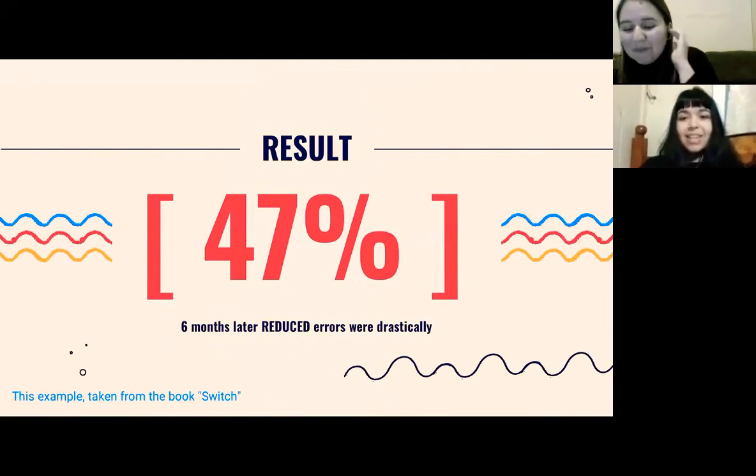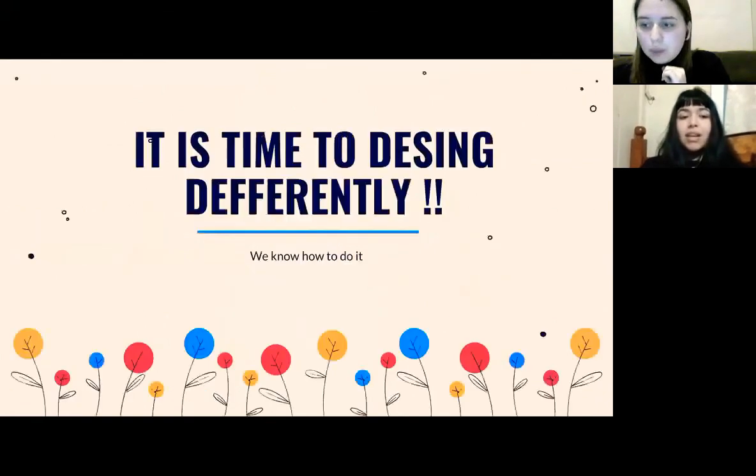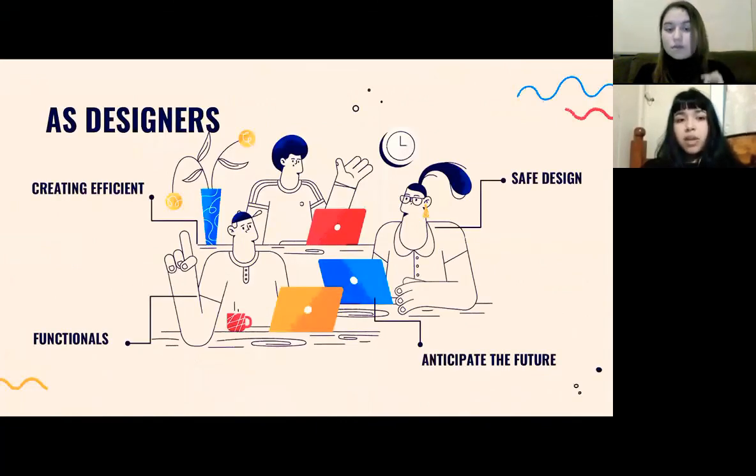This example, taken from the book Switch, demonstrates how not disturbing the user in critical tasks generates results. In conclusion, it is time to design differently, preventing possible human error. We know how to do it, and we must put it into practice, and it must be tested before, during, and after its implementation. As designers, we have a duty to care about creating efficient and safe designs that anticipate and prevent human errors. The user is not perfect and usually does not have to be 100% focused on the task,